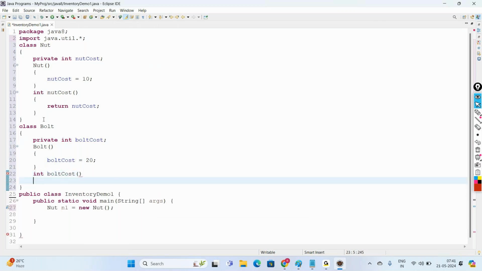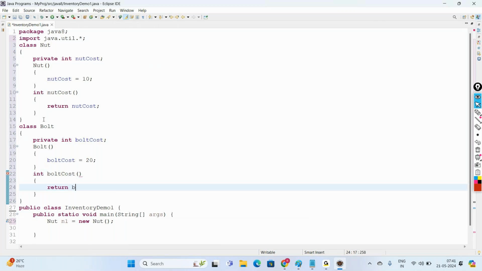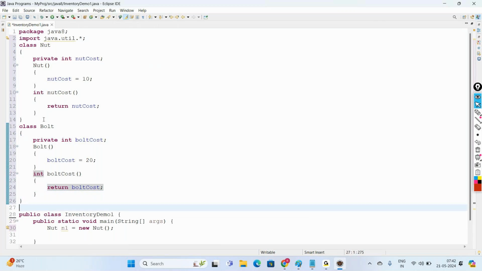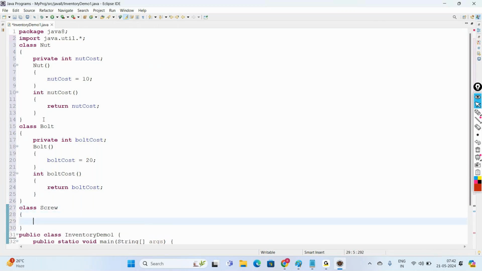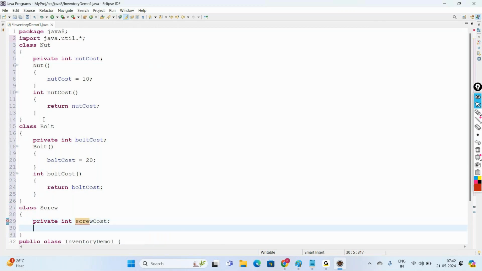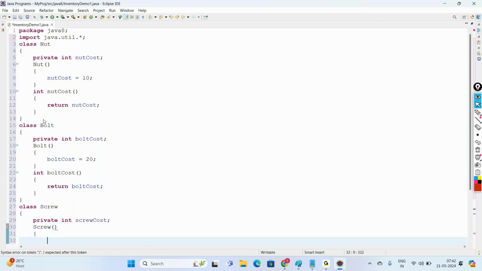Whenever you call the method boltCost, then only it returns the value of your boltCost. Similarly, let us create a class Screw, which goes with a data member screwCost. In the constructor Screw, we give the screwCost as